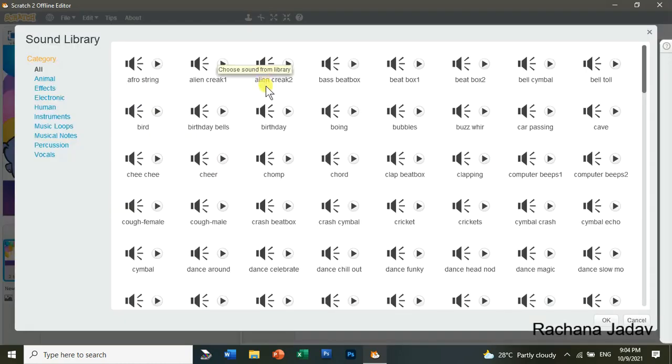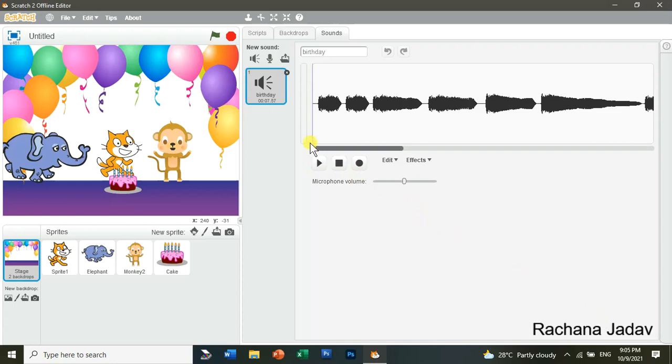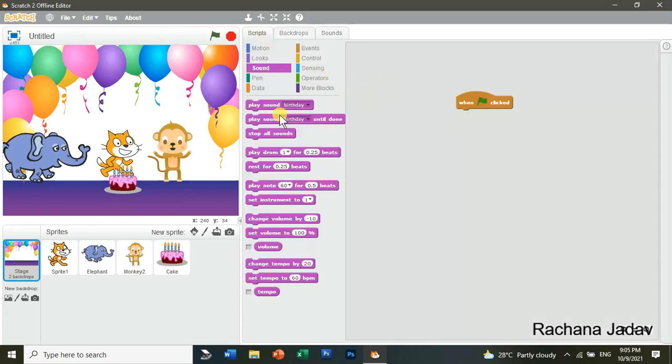So we'll take the birthday party sound. Okay. So yes, we will do the scripting of birthday, and then after that we want to give it over here. That forever अगर चाहिए, then you can go for forever also. Okay. तो देखें, start करें.